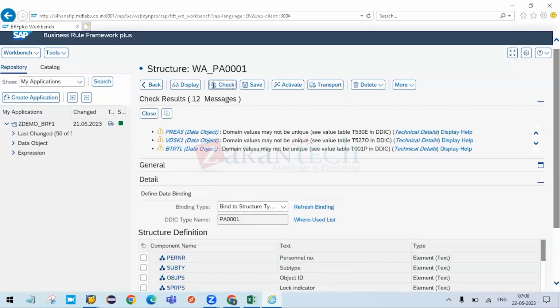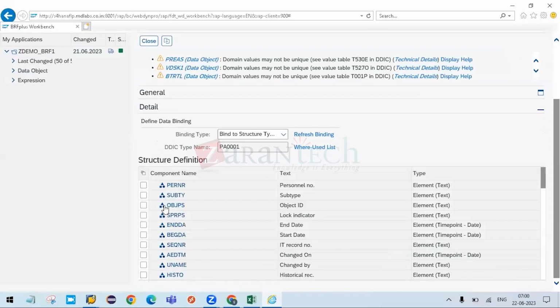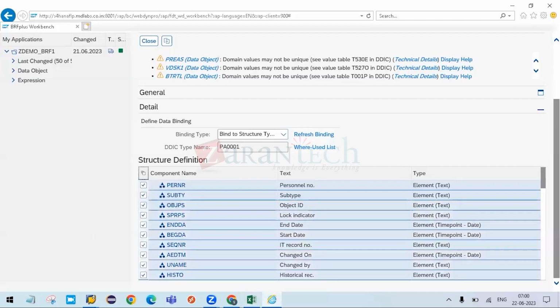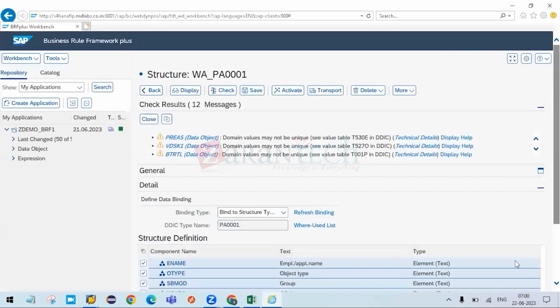Okay. So how many fields am I expecting? Pernr, subtype. Okay. What would be a select query? We are fetching all the records. So select all. So this is,